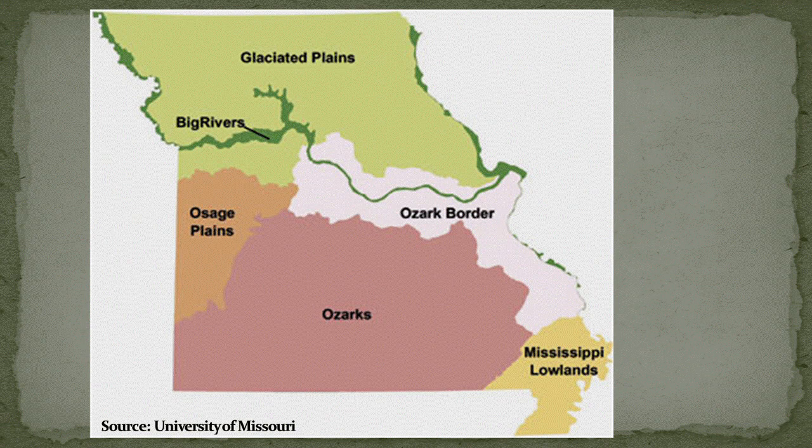The glaciated plains lie north of the Missouri River, and this is most of Missouri to the north. And this marks the southernmost advance of glaciers into Missouri. And what it means was that this region boasts lush soils, wind-blown silt, that make for some of the most fertile farm ground in the state.